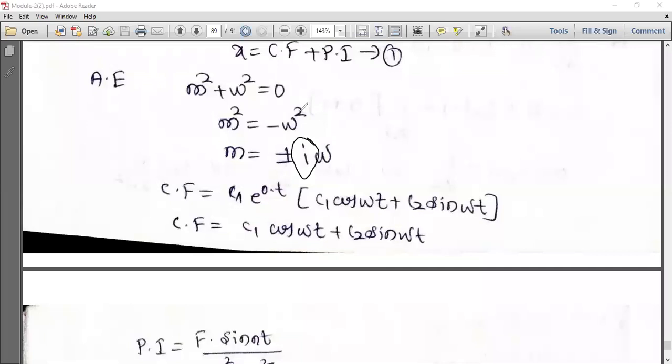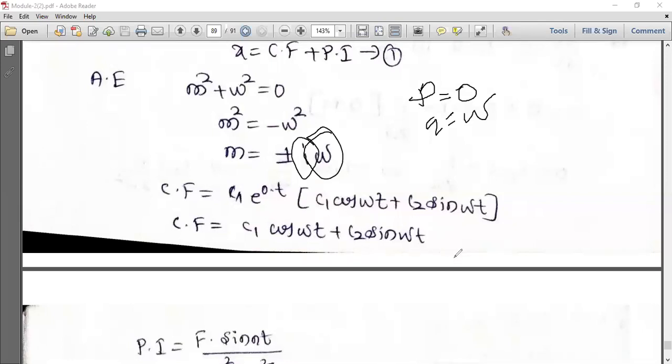Omega is i, square root of omega square is omega. So this is there in the complex quantity. So this value of P is 0 and the value of Q is omega. So e raised to 0, that is P into t. P is 0. C1 cos of Qt, Q is omega, plus C2 sine of Qt. So therefore the complementary function is C1 cos of omega t plus C2 sine of omega t.